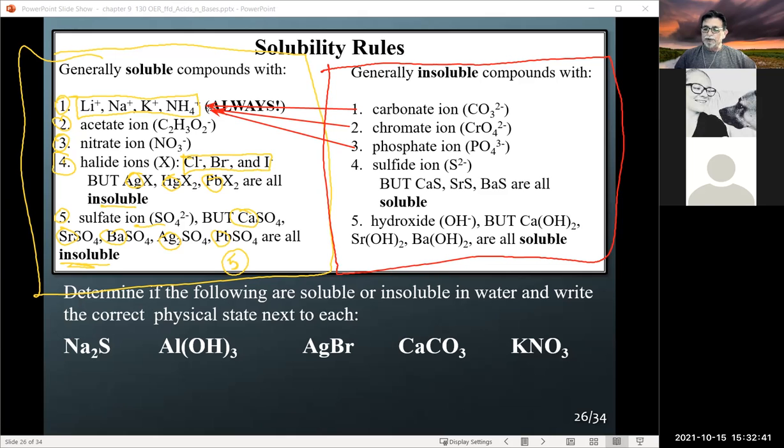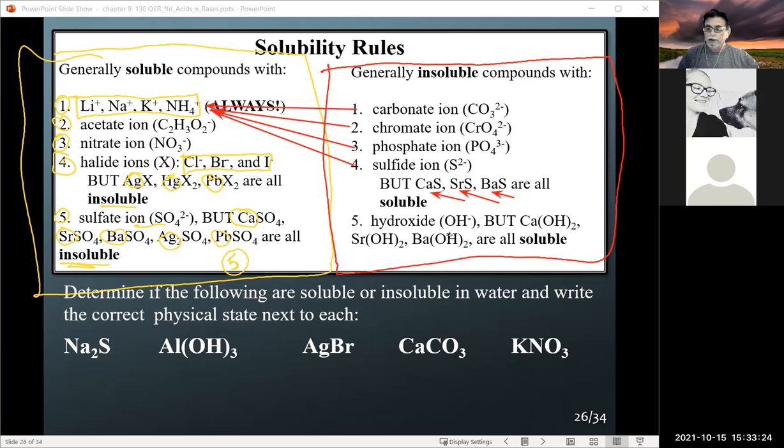Lithium, sodium, potassium, and ammonia are the only ones, phosphates that are soluble. Everybody else is insoluble. Sulfides are also insoluble, except, ditto, the big 4, but not only the big 4, but 3 more: calcium sulfide, strontium sulfide, barium sulfide. There are 7 examples of sulfide compounds that are soluble, and everything else, regardless of what it is defined as